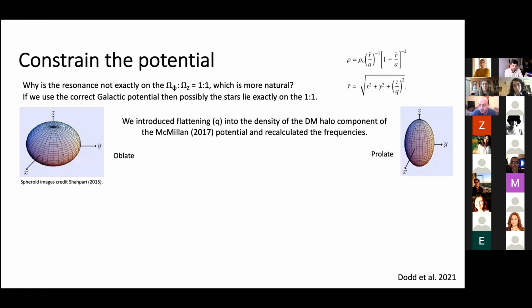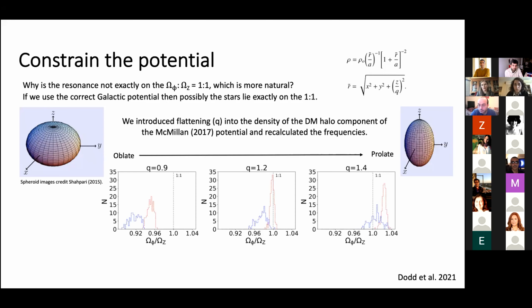So what we did was we varied the model of the galactic potential that we were using, and recalculated these frequencies, because to calculate the frequencies we have to integrate the orbits in a galactic potential. We changed the shape of the dark matter halo component in a commonly used Milky Way potential, Macmillan 2017, and we just changed the shape and see how these frequencies change. And you can see that as we